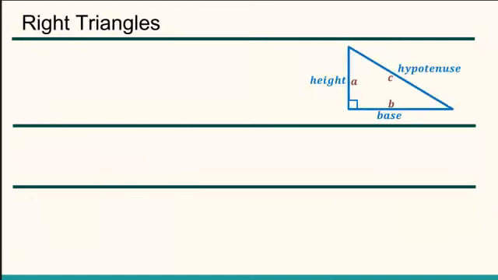Let's look at a special kind of triangle, a right triangle. You could say that we definitely are going to have a 90-degree angle. That's what separates a right triangle from just any old triangle. It's a specific kind of triangle. The hypotenuse is that side that is opposite the 90-degree angle. The A and B, you can call them whatever you want to, but that hypotenuse must be labeled C for the formulas that we're going to be using.